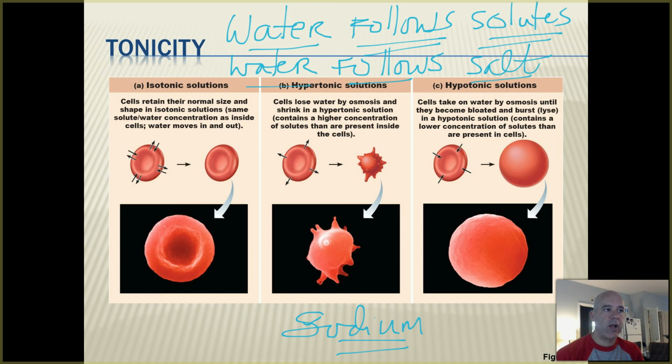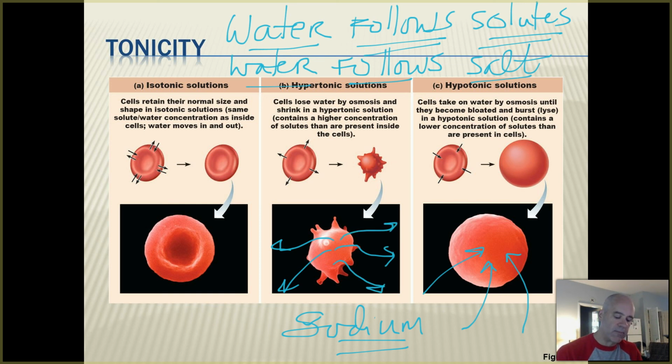All right, so water follows salt. Water is going to move towards the saltier side of the cell membrane. So if the inside of the cell has a greater concentration of solutes, water is going to flow in, and the cell is going to swell. If the extracellular fluid has a greater concentration of salts and solutes, boom, the water is going to flow out